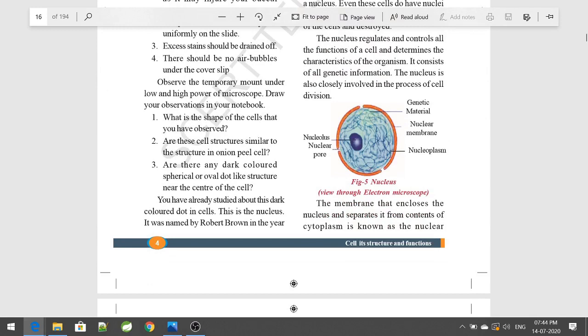So what are the parts of the nucleus? Not the cell, we are talking only about the nucleus. In an animal or human nucleus, what do we have? In the nucleus, we have a nuclear membrane. Inside the nuclear membrane, we have nucleoplasm. Then inside the nucleus, we have the nucleolus, and in the nuclear membrane, we have pores for the process